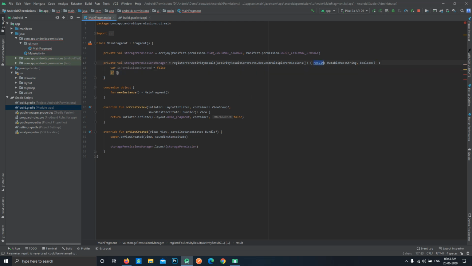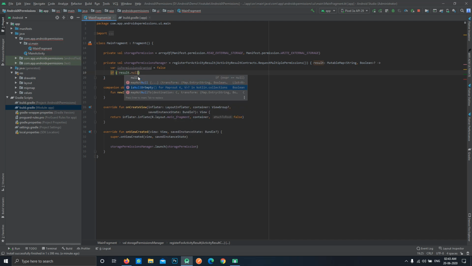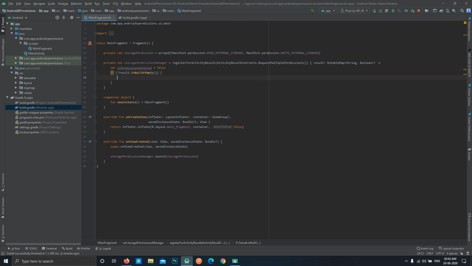So we'll use this if condition, if not null or empty actually. So we have used not over here. So if this is not null and empty, then this if block will be called.